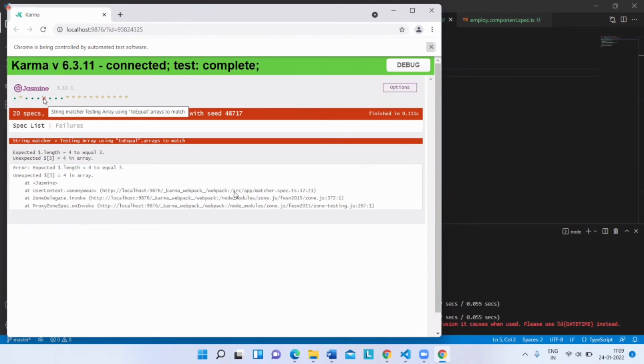That is where the test case is a failure. Why is it a failure? You can see this error: expected 4 to equal 3. So there should be 4 elements in the array.